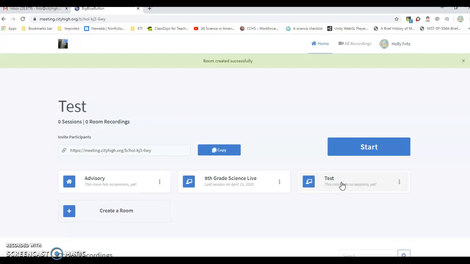So if you want to make changes, all you have to do is click on the 3 buttons over here, and you can delete it, you can change your settings, or you can manage the access that people have to that room. When you want to use it, if you click on it,